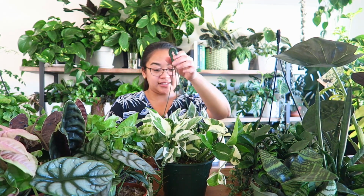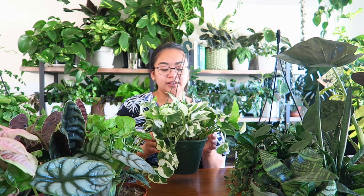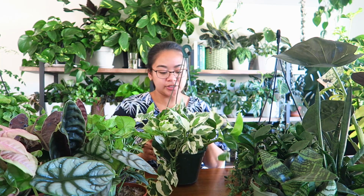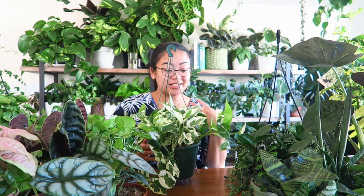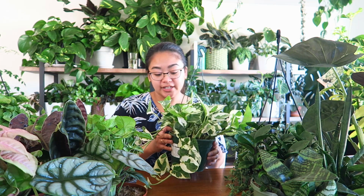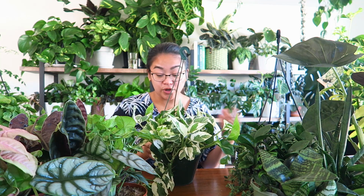I just love the way that this baby looks. She's so lush and full and beautiful, and I really hope that I don't kill this one, but I feel like she's fairly advanced in her growth stage, that she'll do quite well. So I'm just going to make sure that she gets a lot of sunlight, let the soil dry out. These plants drown very easily, so just make sure that you let the soil dry out completely between waterings